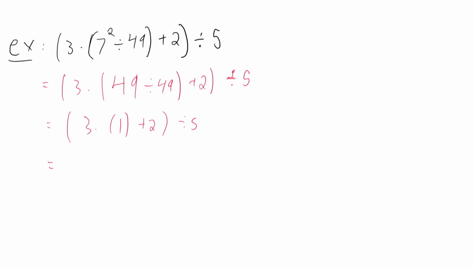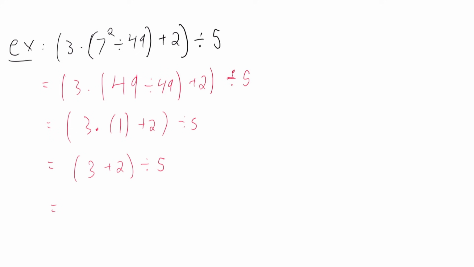So we continue following our order of operations by looking at what happens inside the next set of parentheses. I have 3 times 1 plus 2. What comes first, multiplication or addition? Multiplication. So I have 3 times 1, which is 3, plus 2, divided by 5. So maybe at this point you can see where this is going. We have just one more set of operations to do here. 3 plus 2, 5,